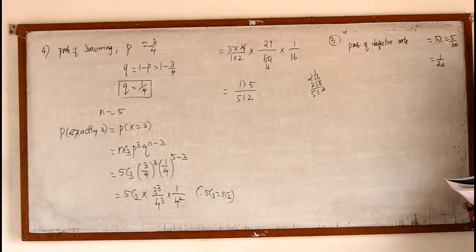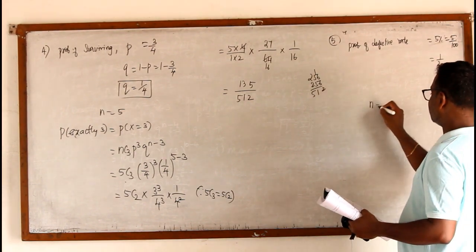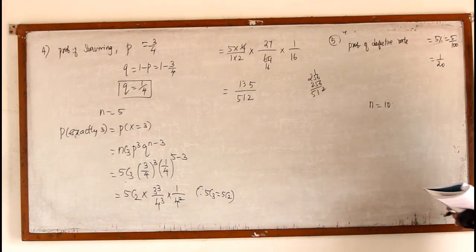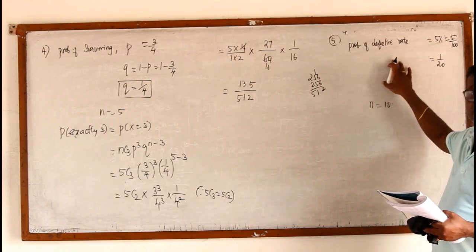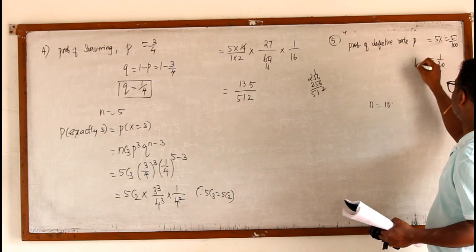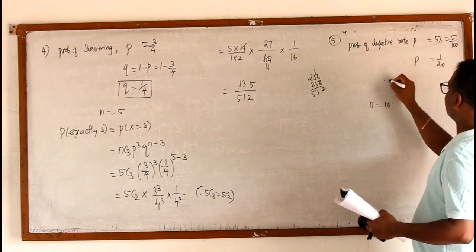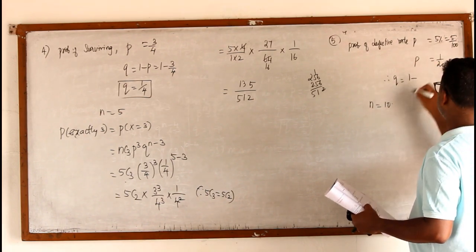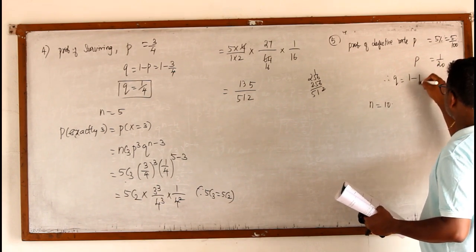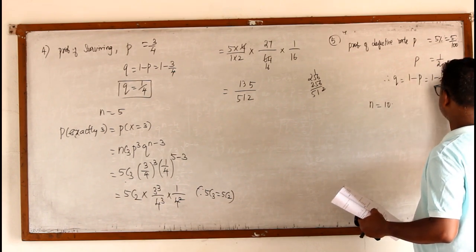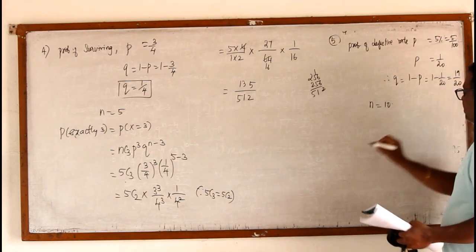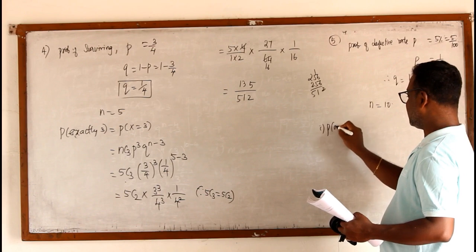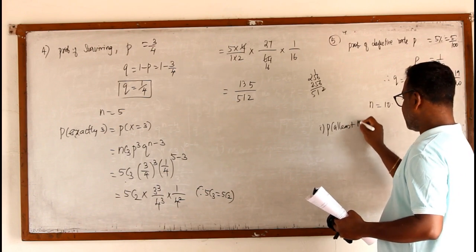Now, the inspector of the retailer randomly picks 10 items from the shipment. So, n equal to 10. What is the probability that there will be at least one defective? So, being defective is success. So, p equal to 1 by 20. Therefore, q is 1 minus p, that is 1 minus 1 by 20. Is it not 20 minus 1? 19 by 20. Now, first question. Probability of at least 1.